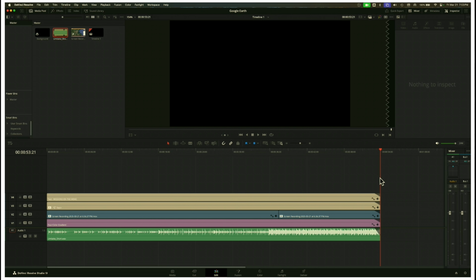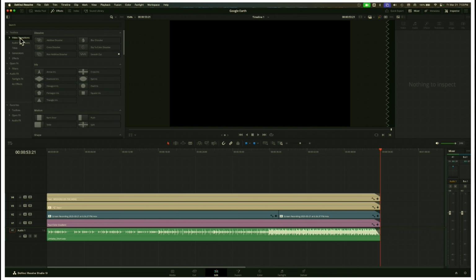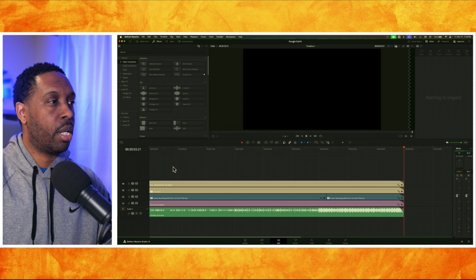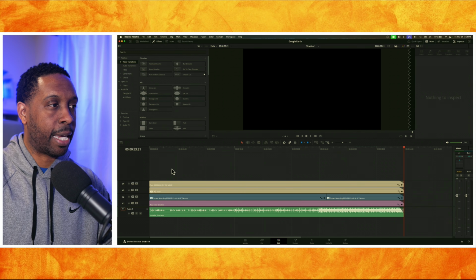Now, if you wanted to do something different, you could go to your effects and go up to the left side and select video transitions. Now, the video transitions are helpful, but we got so many different tracks. I don't want to add a video transition to each of them. I would probably simplify this and just make it one big compound clip, right? We talked about that earlier, but since we got everything the way we want it inside,